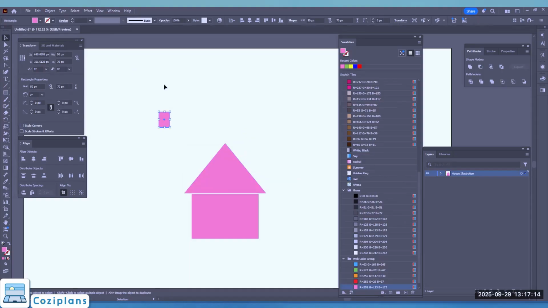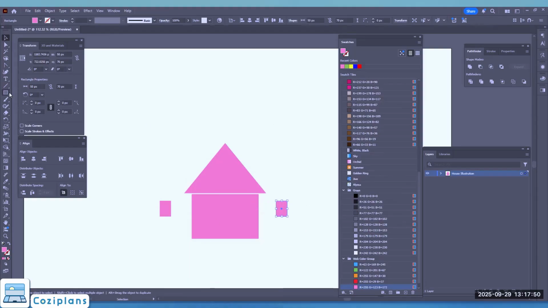And I can do that twice, or I can hold down, you'll see if I hold down Alt and Shift, it'll change this icon. So noticeably, if I just have the selection tool and I move it, this moves your object around. But if you hold down Alt, it actually creates a copy of it. So that's a great way to, once you've made a piece, especially if it's a very edited piece, to quickly make a copy that's identical to that, essentially a clone of it. So I'm going to take this one, bring it down over here. Now it's kind of hard for me to see because they're all pink, and we're going to change the color here in a moment. So I'm just going to take that, hold this down, and create a copy for it